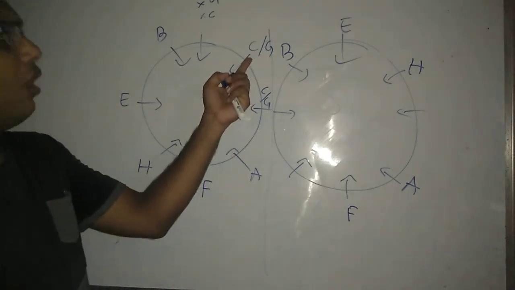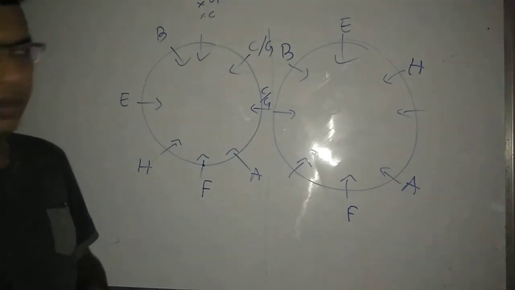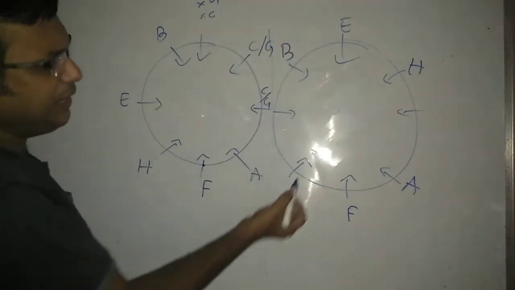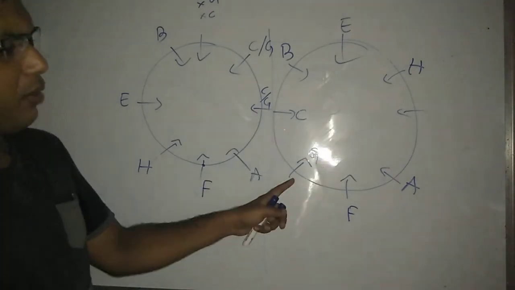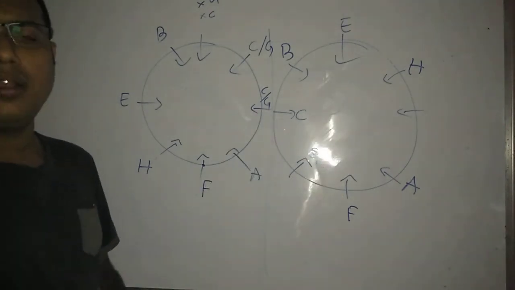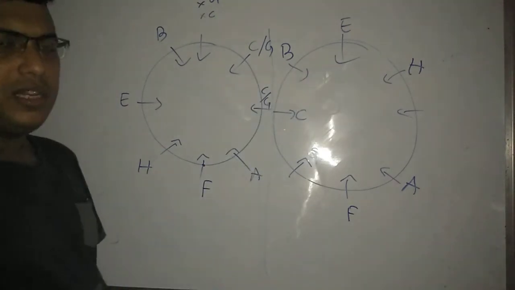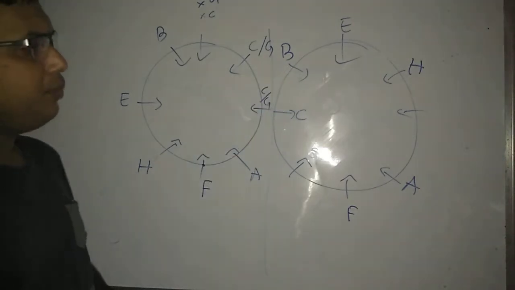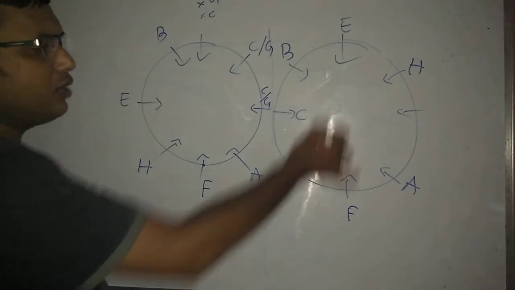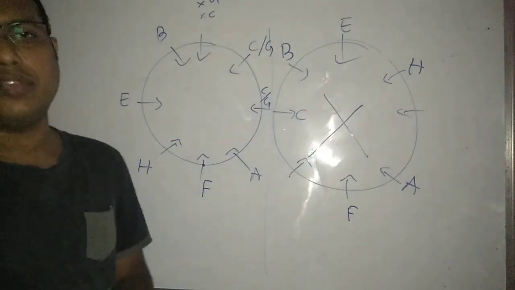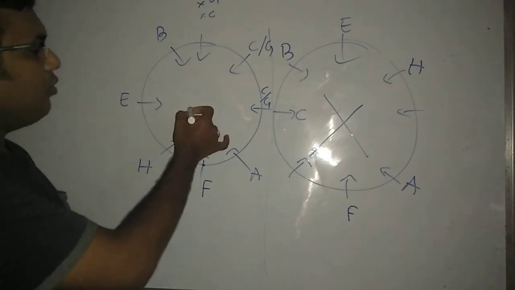That means you analyze this case. C may be here or C may be here. But in the second case, if C is here, G is here. Suppose C and G are immediate neighbors of each other, but another line is given: neither C nor G is immediate neighbor of B. So obviously C is immediate neighbor of B. If you put G here, G may be the immediate neighbor of B. So therefore this diagram is cancelled. So proceed according to your first diagram.